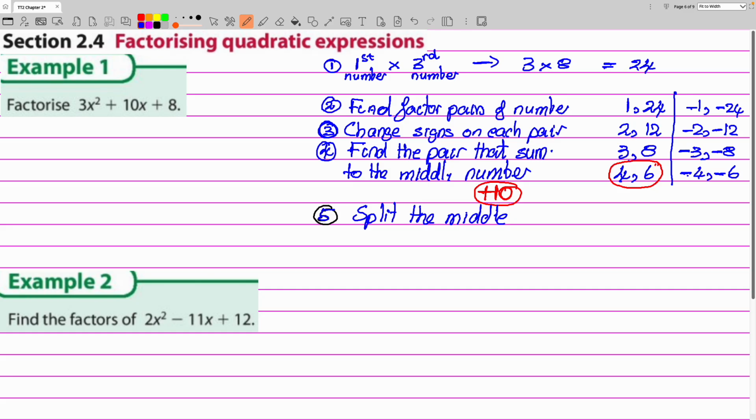Good. Split the middle. I could leave it with the word middle, but I'm going to use a technical word again called term. Because that is the first term. Term is another word for item. It's a mathematical word. Split the middle term into